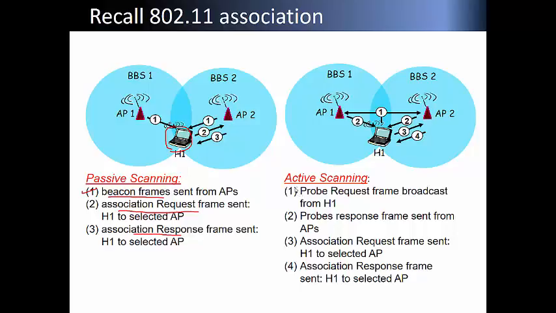On the other hand, we have active scanning, which is if you have 2 access points, then they need to know each other. So probe request frame broadcast from H1, one of the access points, and probe response frame from another access points. So they need to probing before association.